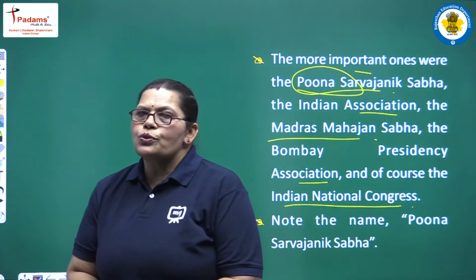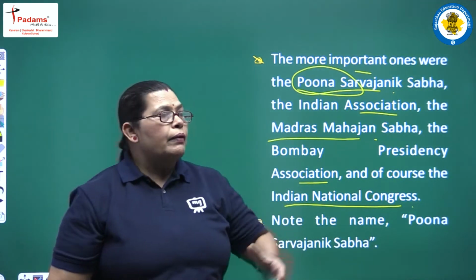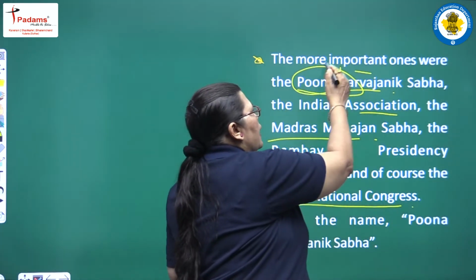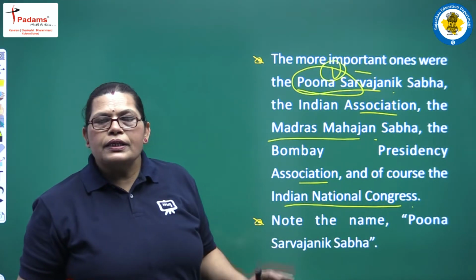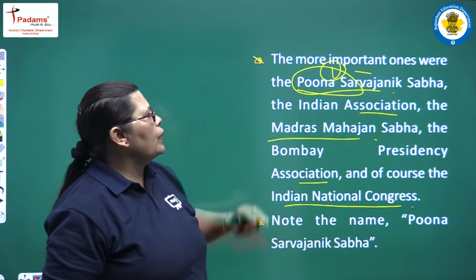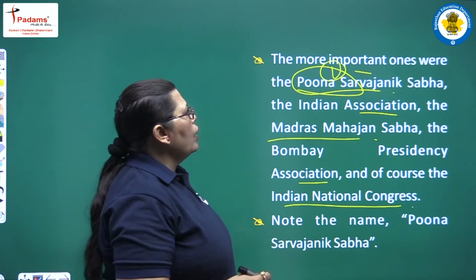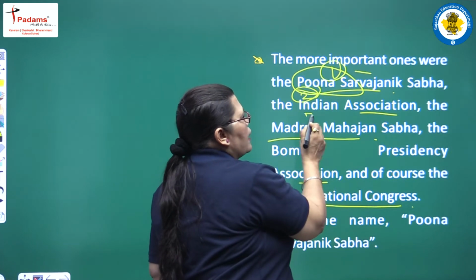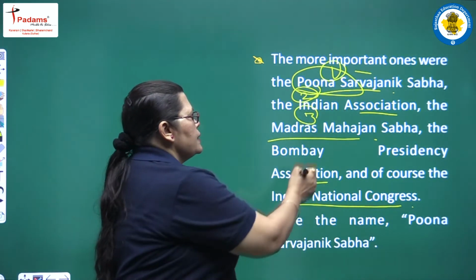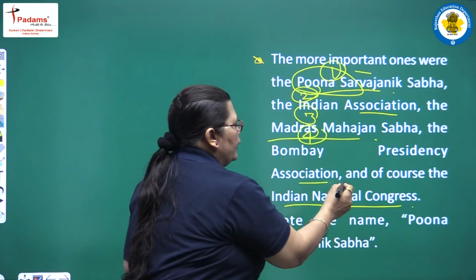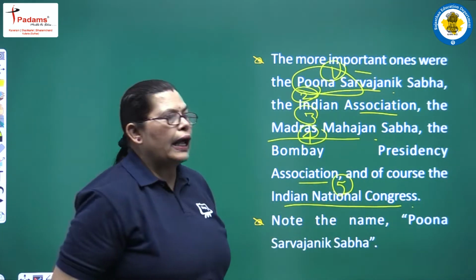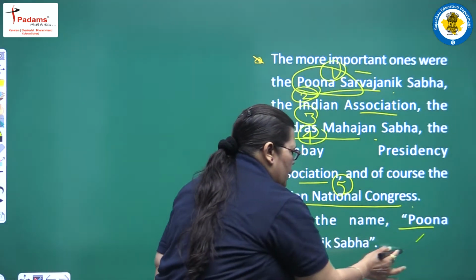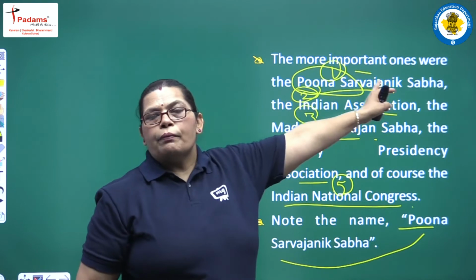See, many associations were formed at that time, and some of the names are here. Pune सार्वजनिक सभा, ये सब एसोसिएशंस वहाँ पे फॉर्म्ड की गई थी पुणे सार्वजनिक सभा के नाम से। और इसके अलावा अगर हम देखें द इंडियन एसोसिएशन, मद्रास महाजन सभा, बॉम्बे प्रेसिडेंसी एसोसिएशन और इंडियन नेशनल कांग्रेस, इसके अलावा भी कई बनी।